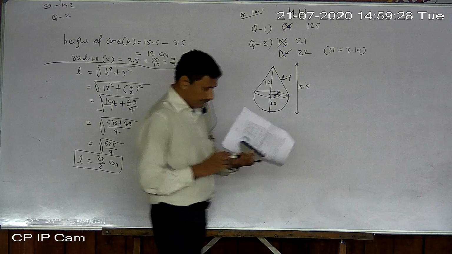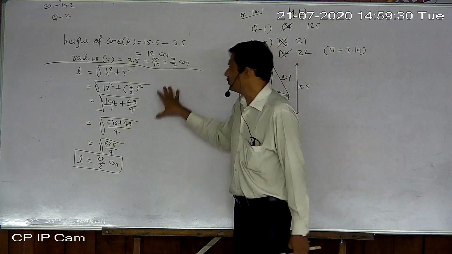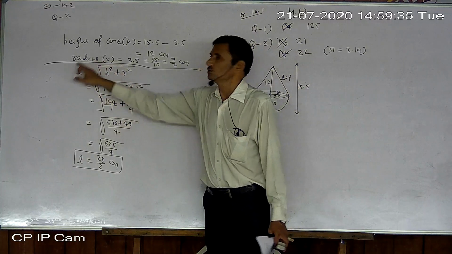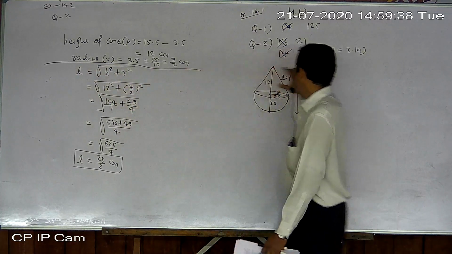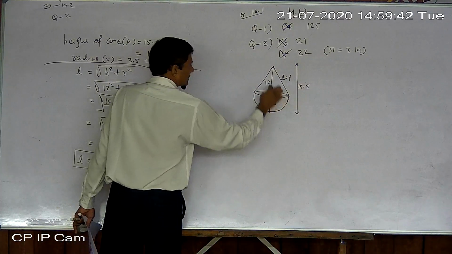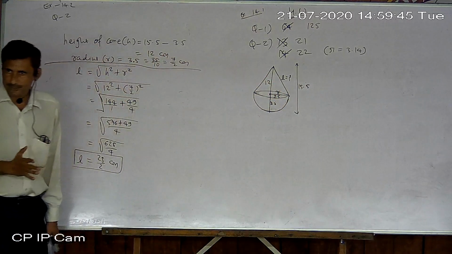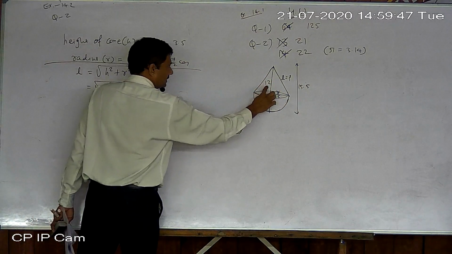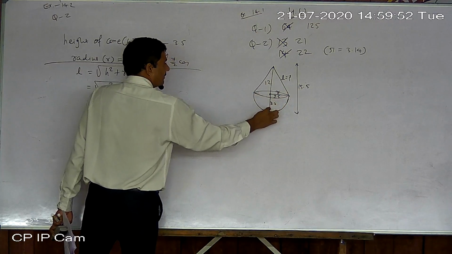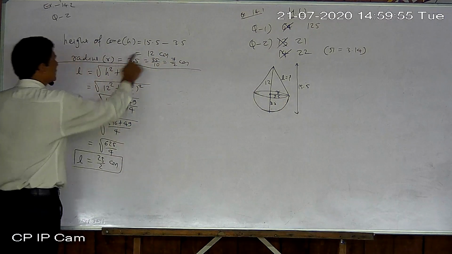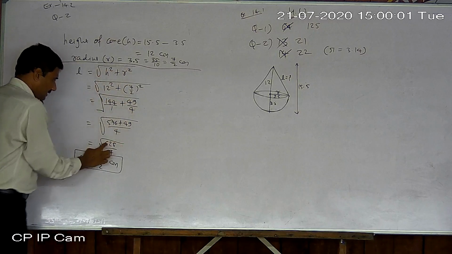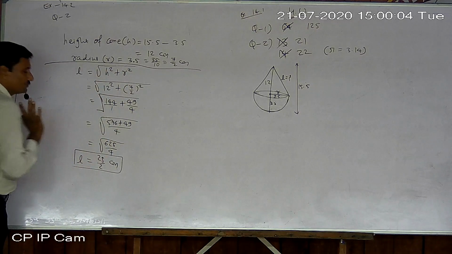So whenever a required parameter is not given in a cone, at that time you have to find it by using this Pythagoras relation. And if a particular measurement is not given directly, then take the difference and find out that part. So first of all we found this one, 12. How? 15.5 minus 3.5, because the height of the hemisphere is the radius of the hemisphere only. So that is subtracted. So we got 12, and we converted the radius. Now place the values and then take the square root.